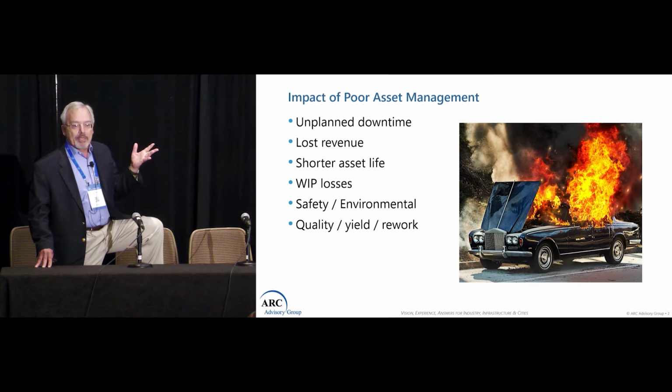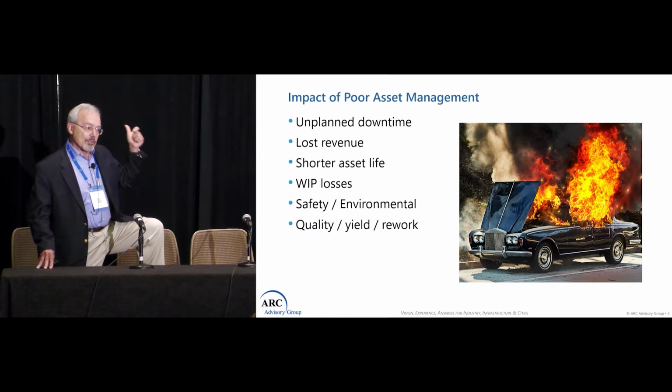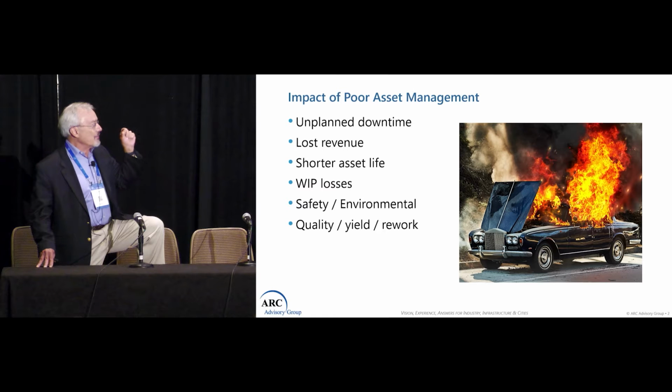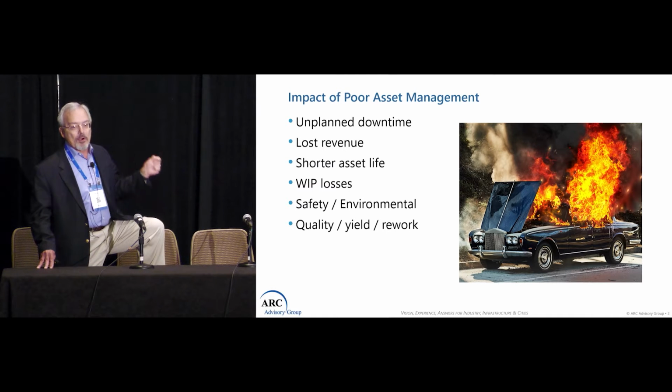What's the result of unplanned downtime? Number one is lost revenue and shorter asset life. Those two things affect the key metrics of your C-suite, your CEO, president, et cetera, because those things affect the P&L statement and the balance sheet. So my key recommendation, which I will again make later on, is if you want to financially justify smart asset management, use lost revenue, shorter asset life. That'll get executive attention because it's in their KPIs.